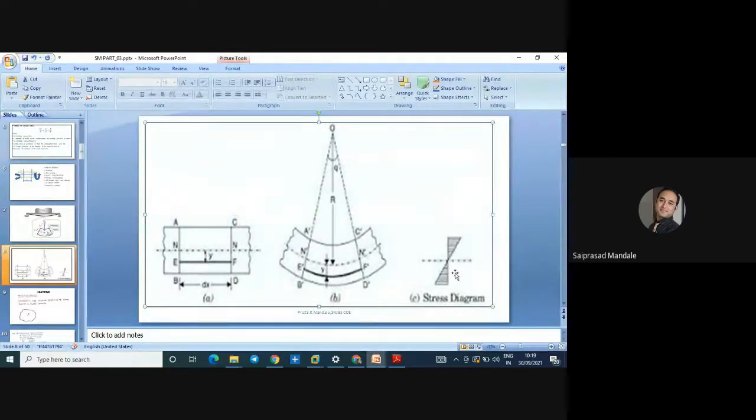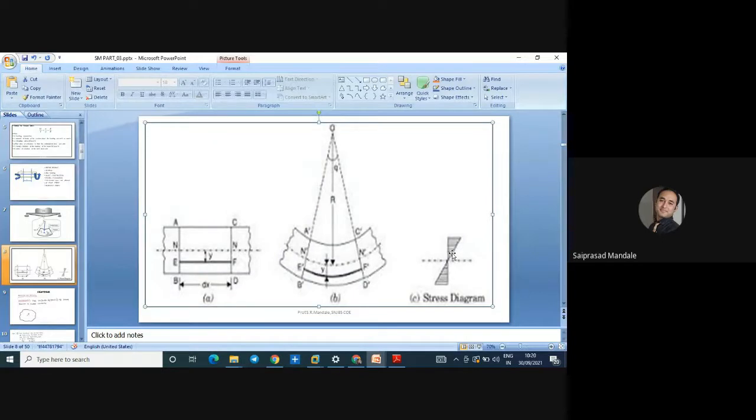Now this is the diagram. This is the stress distribution diagram that we have to draw. This center line we have to pass in between A and D, which represents the neutral axis. We have to draw one vertical line, which is equal to the length of the string, and this is the imaginary distance. On the right hand side it is taken as compression, and on the left hand side it is taken as tension. So we have to take an imaginary length and connect this point. So this is the stress distribution diagram that we'll be looking for when there is a numerical. It is very clear for you.